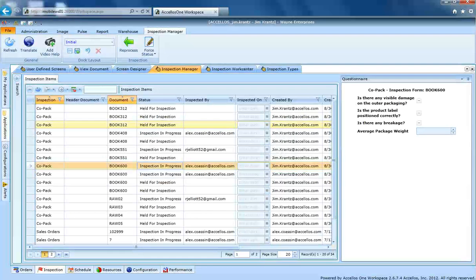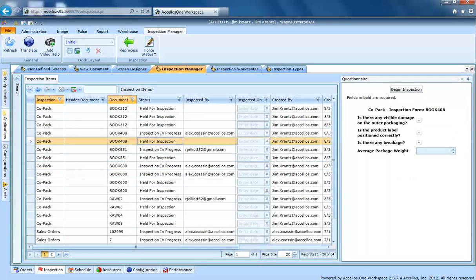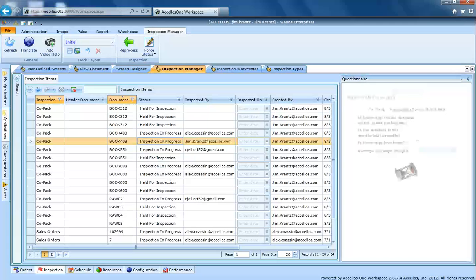We'll start by looking at the inspection manager in Workspace. So all of the items that we have held for inspection are displayed on the inspection manager screen. So inspections can either be performed through this inspection manager, through a tablet, or even through a paper questionnaire. To perform an inspection, we just highlight the item that we want to inspect, we press Begin Inspection, and we